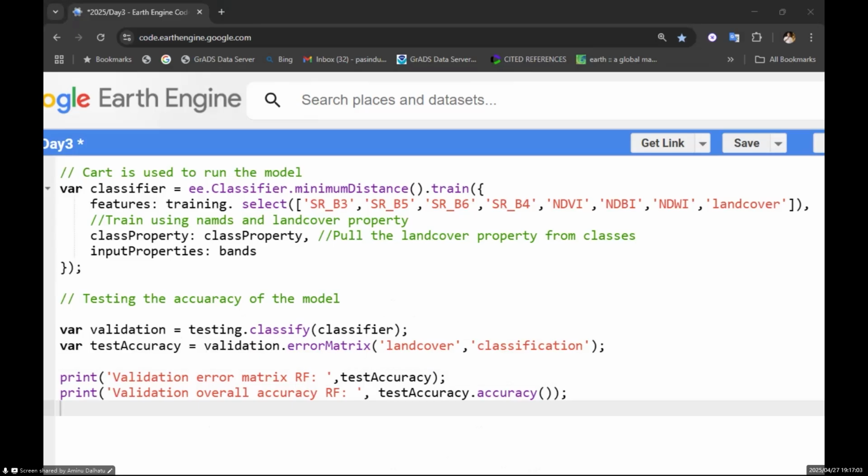You can see in the error matrix how much confusion there is. You know the matrix, I think. So the matrix will give how much confusion there is within each land cover type that the model has taken. It will start from, I think, build up. So the build up over here, and after that,